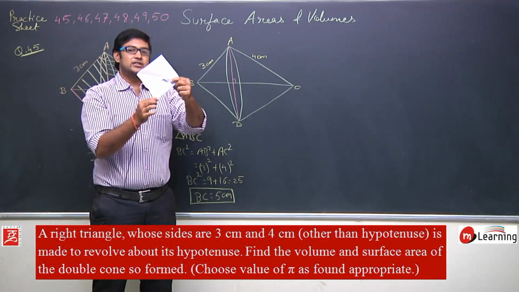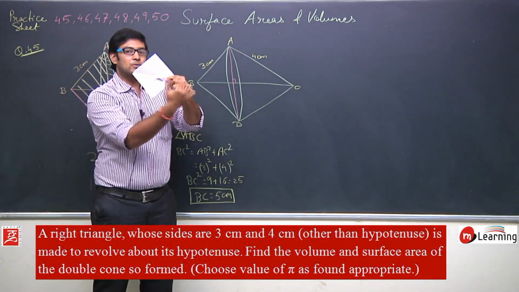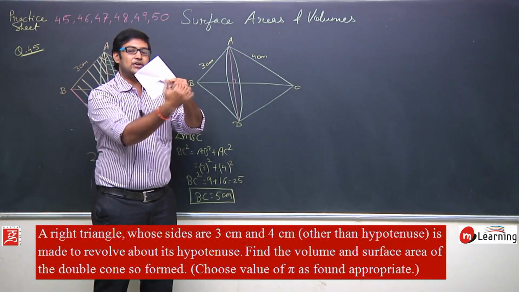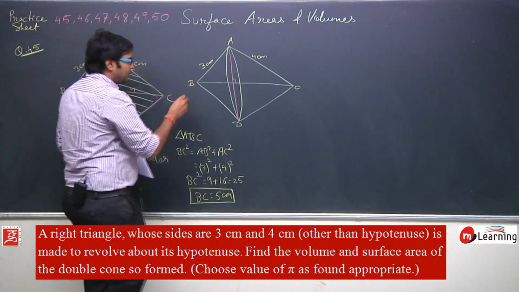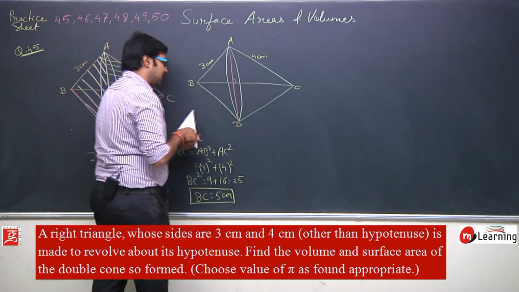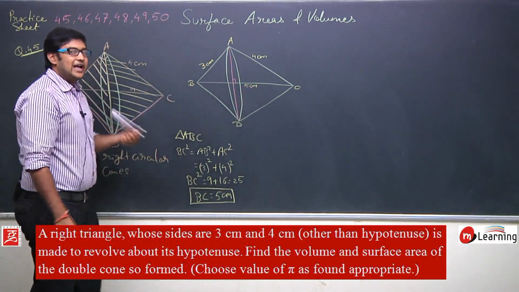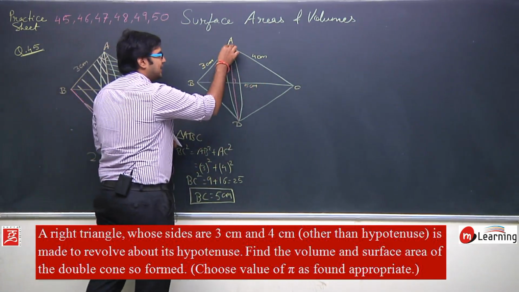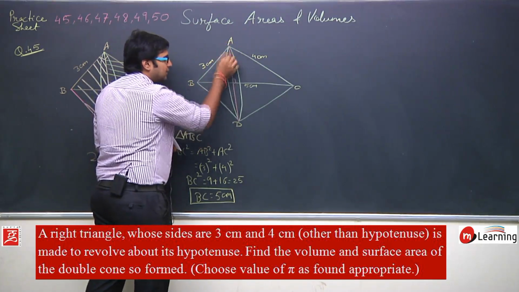दिस इज A पॉइंट, दिस इज D पॉइंट. दे आर एग्जैक्टली perpendicular to BC. Okay, AD is exactly perpendicular to BC. Now in this figure I have got the length of BC which is 5 centimeters. Since I have two cones, let us analyze this first cone ABD, this ABD cone.